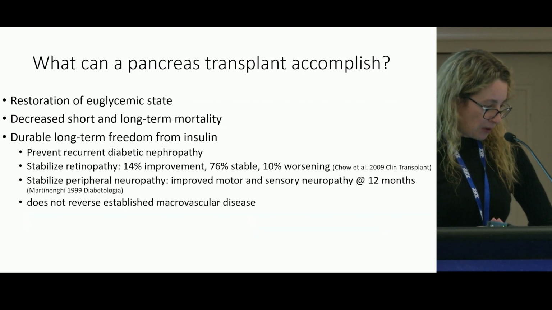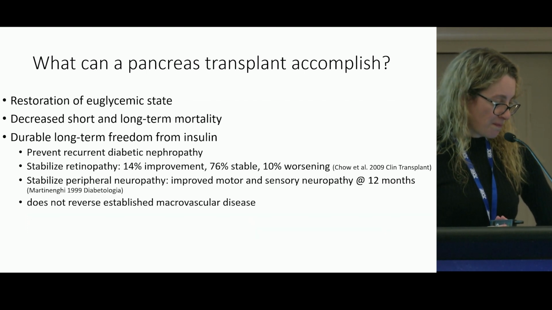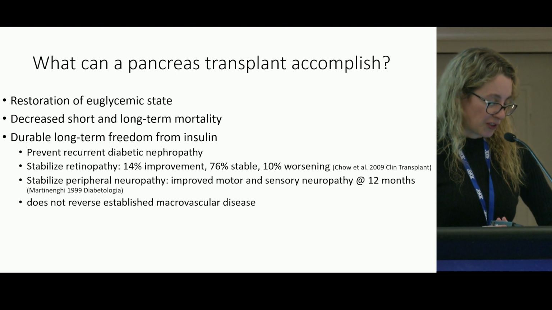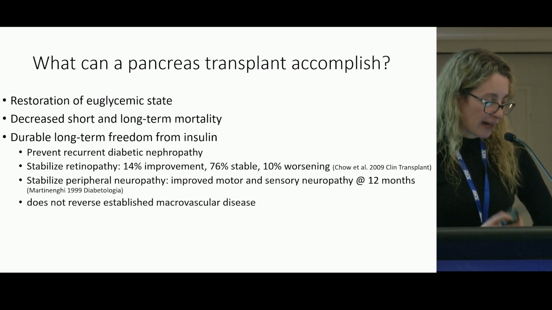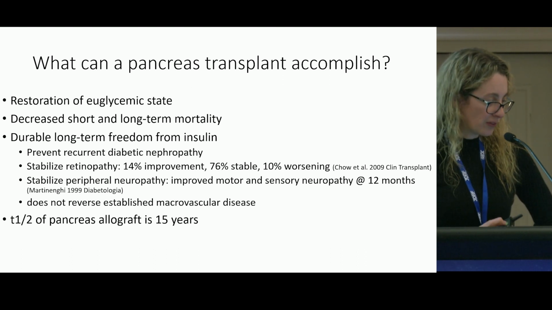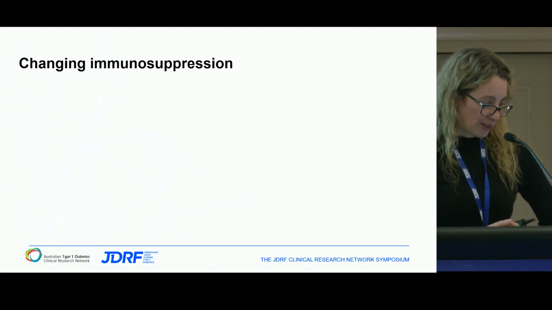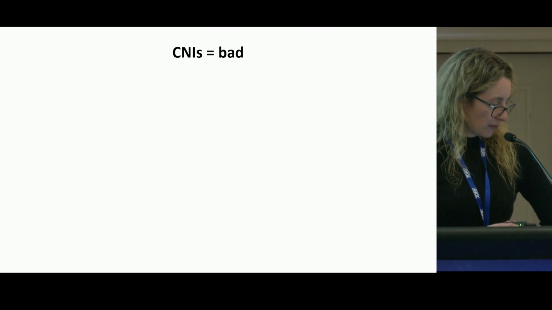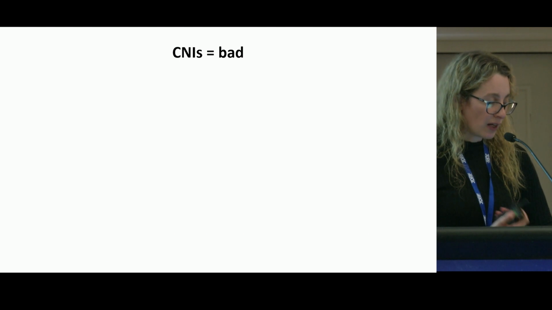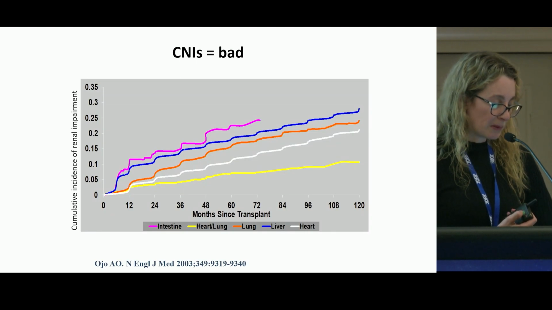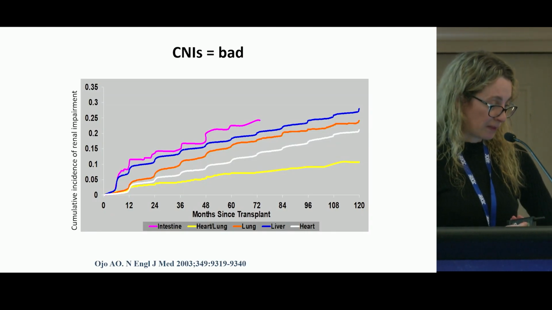I'll probably just skip over this, really just showing that peripheral vascular complications are reduced. We don't have the same level of data clarity for the islets in terms of their complication rate. And its half-life. Okay, so I alluded to calcineurin inhibitors, so tacrolimus that we use routinely being bad, and I